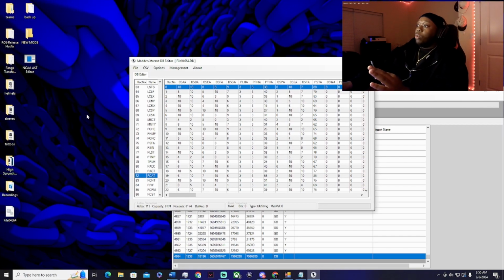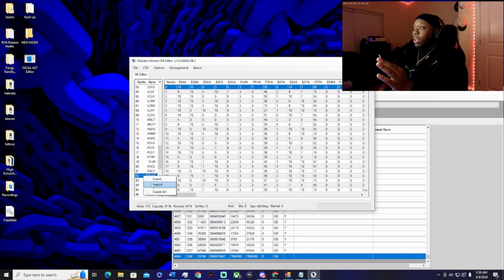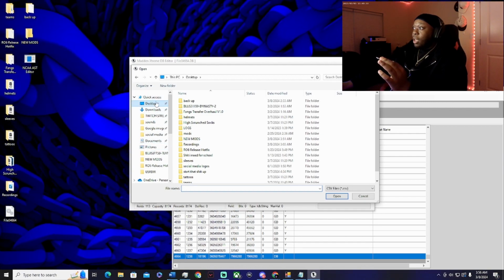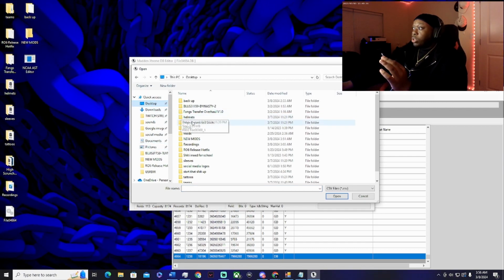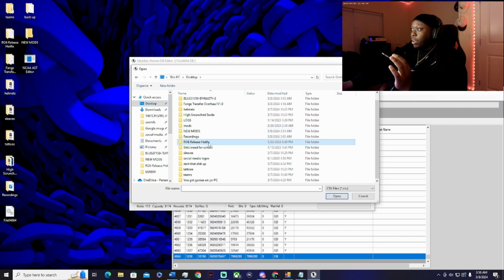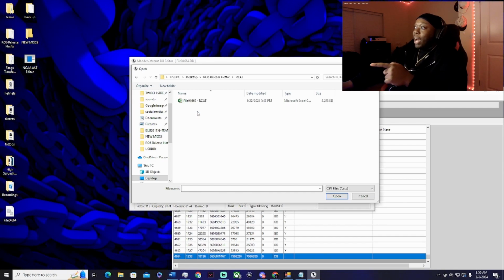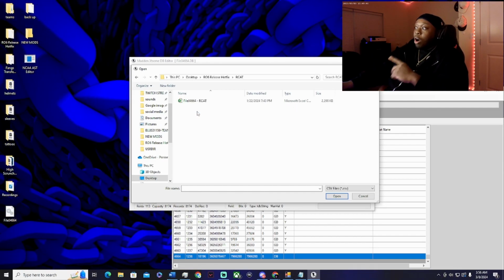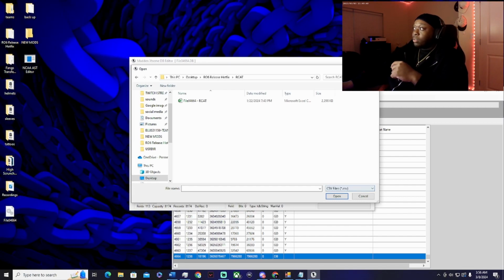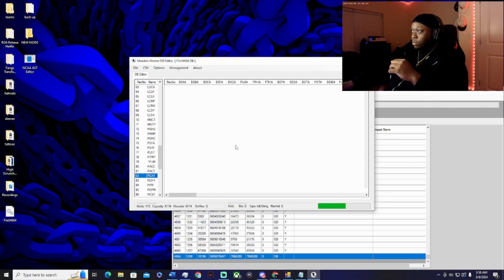From here, what you want to do is right click on number 82, and you want to go ahead and import. Once you're here, go to your desktop, and go to your R06 release hotfix. Right here. Find your RCAT and import the file 04664 RCAT file into the Madden DB Extreme editor. Once you do that,